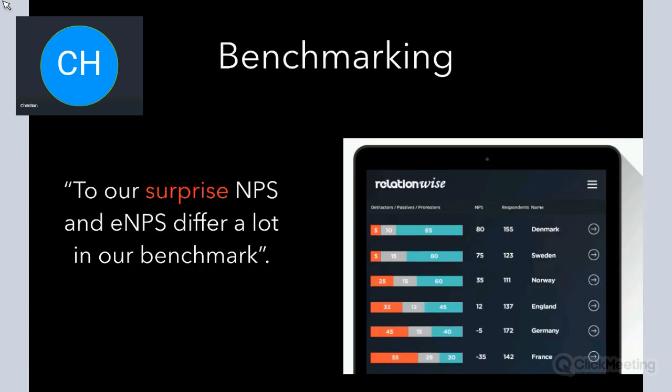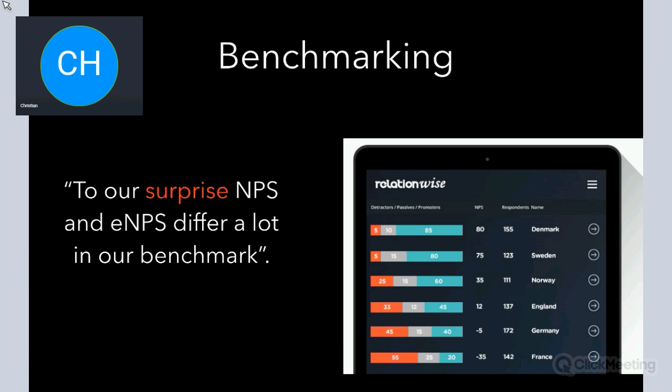In our dashboard, you can also benchmark your organization and start to figure out, maybe if we are in different countries or have different departments, that some of the departments or countries have a lower customer experience or employee experience compared to other departments or markets. I can tell you lots of other companies,